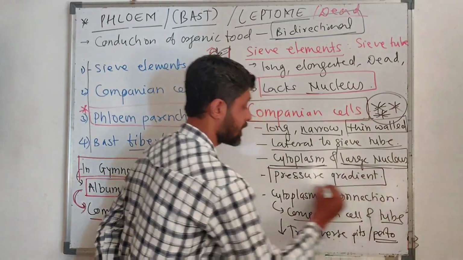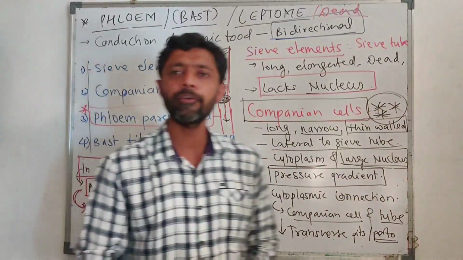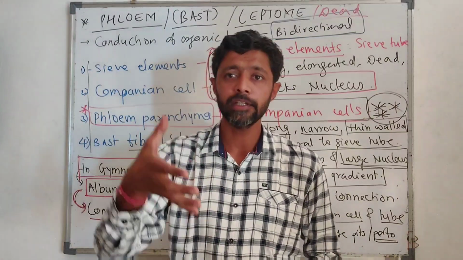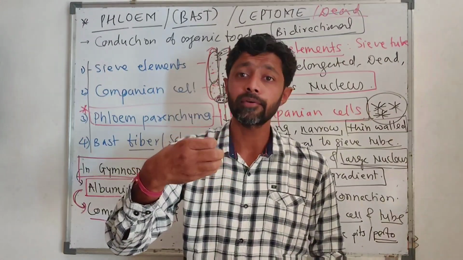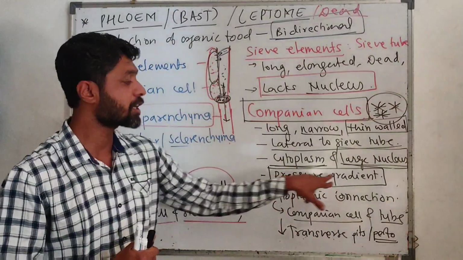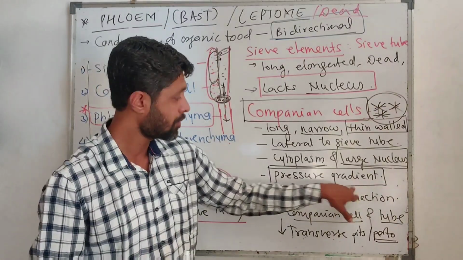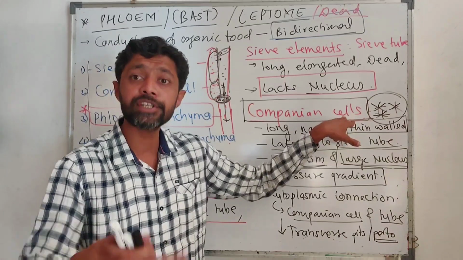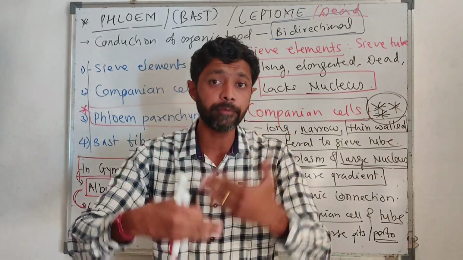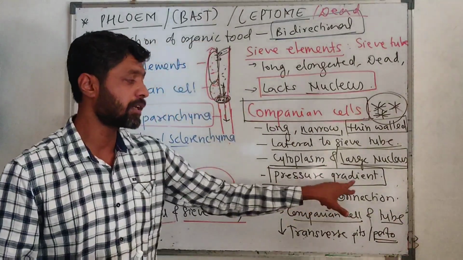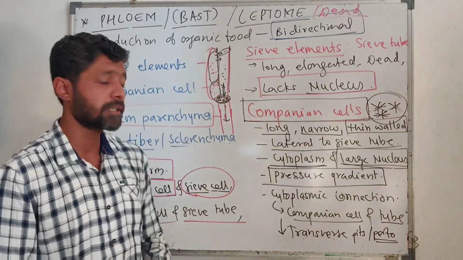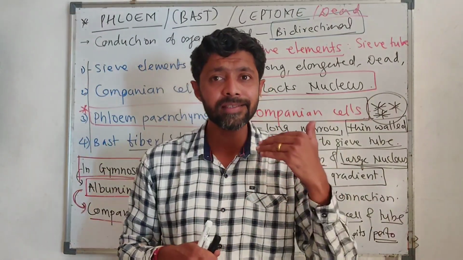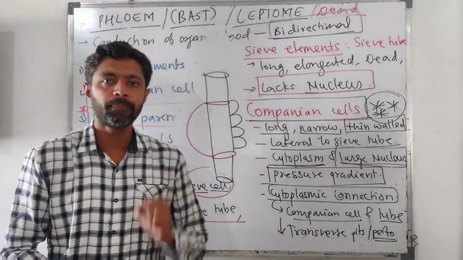They maintain a pressure gradient. Actually, if you have to have transport, then you have to create a pressure. That pressure gradient will be maintained by the companion cell. There will be creation of a pressure difference of food, and that pressure difference will be created by the companion cell. So it means companion cells are solely responsible for the